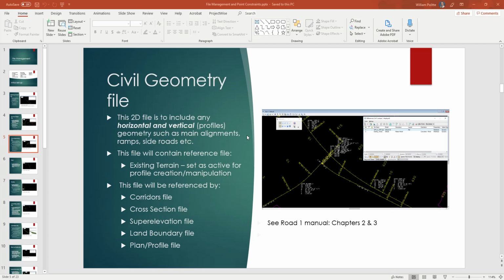The civil geometry file, this is a 2D file to include any horizontal and vertical geometry such as main alignments, ramps, side roads, etc. This file contains any kind of alignment, and you're talking about not like edge of pavements. Those go somewhere else. These are specifically for your alignments or any kind of roadway that you're going to use as a center line, your baseline. Okay, and it's referenced by